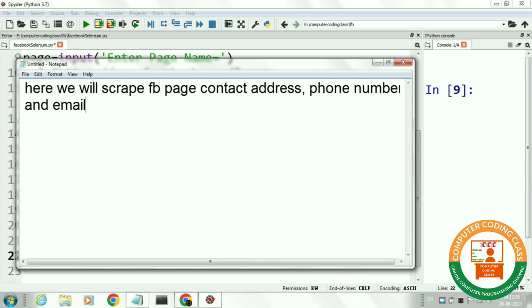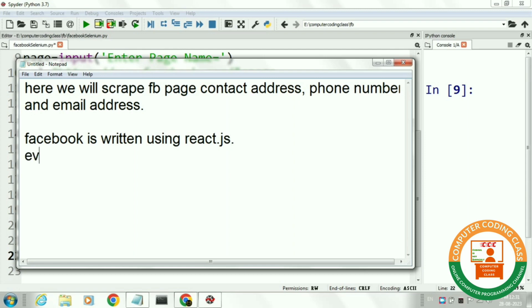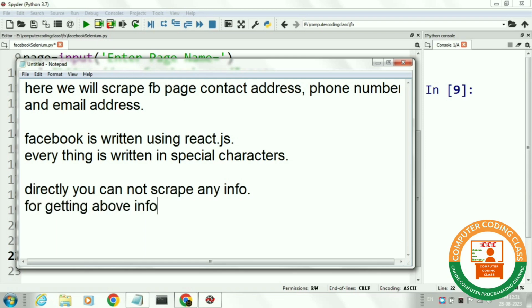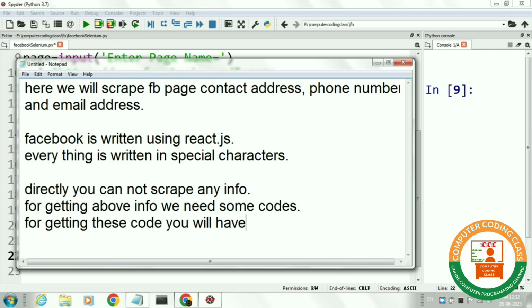Facebook was written in React.js. When you open the Facebook page source, you will get everything written in special characters. Directly you cannot extract any information. For scraping address, phone number and email address, we need some special codes. I posted these codes in my blog. The name of the blog is